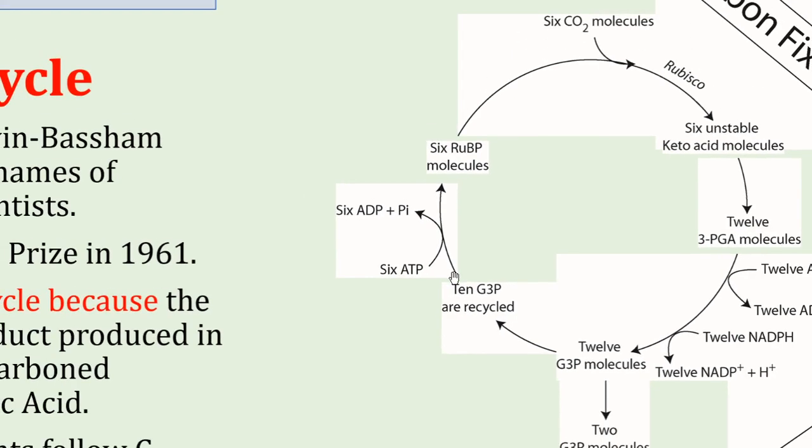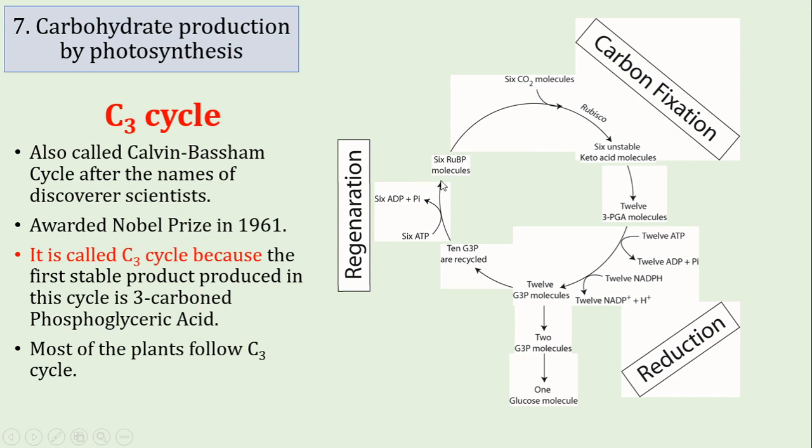So by this process, what have we noticed? We noticed that the chemical reaction started from the RuBP molecule. It captured the carbon dioxide molecule, produced keto acid. This keto acid is unstable, that produces the stable product 3-PGA, 3-phosphoglyceric acid. This 3-phosphoglyceric acid is converted into glyceraldehyde 3-phosphate molecule, and during this process the energy of ATP and NADPH is used,